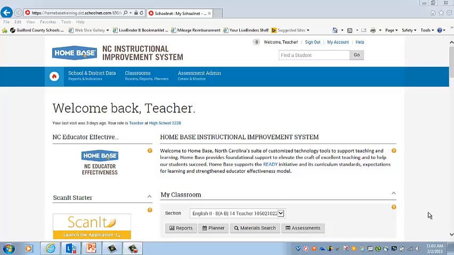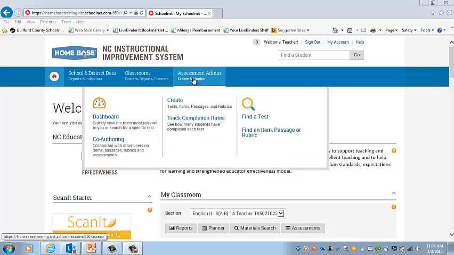In Goal 5, you will learn how to create and assign a manual test. What is a manual test? A manual test is a test that you can create with your own items as well as using items from the test bank. In order to create a manual test, we're going to go to the Assessment Admin tab, click